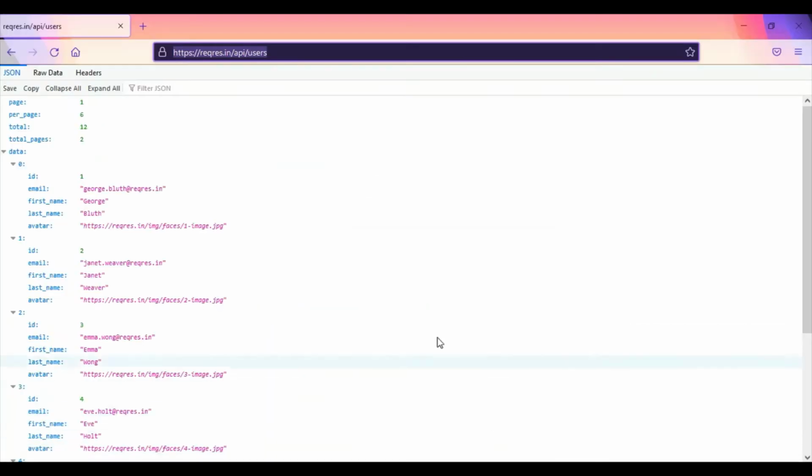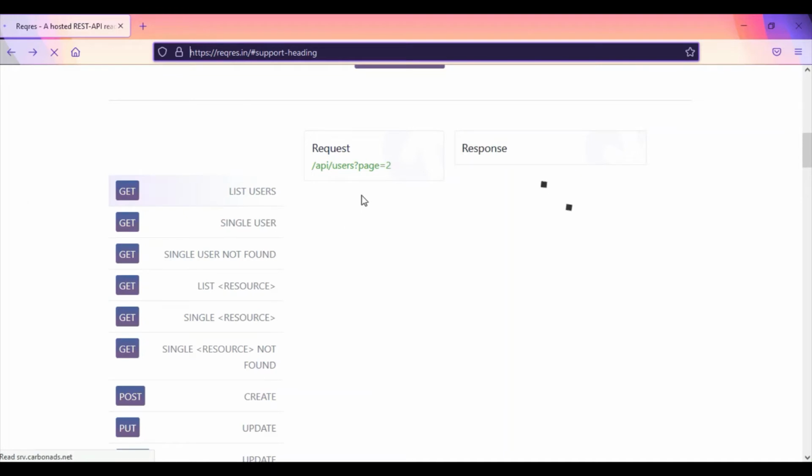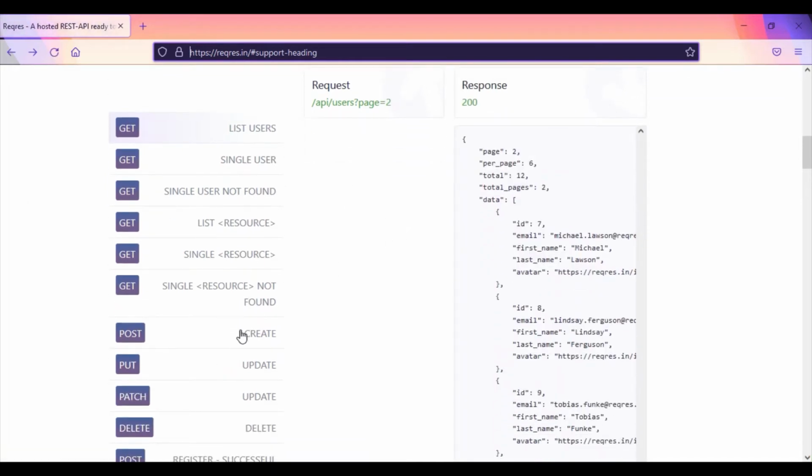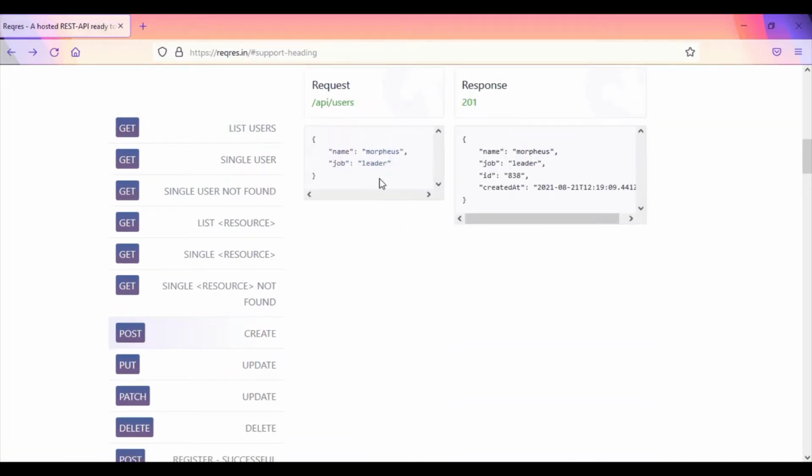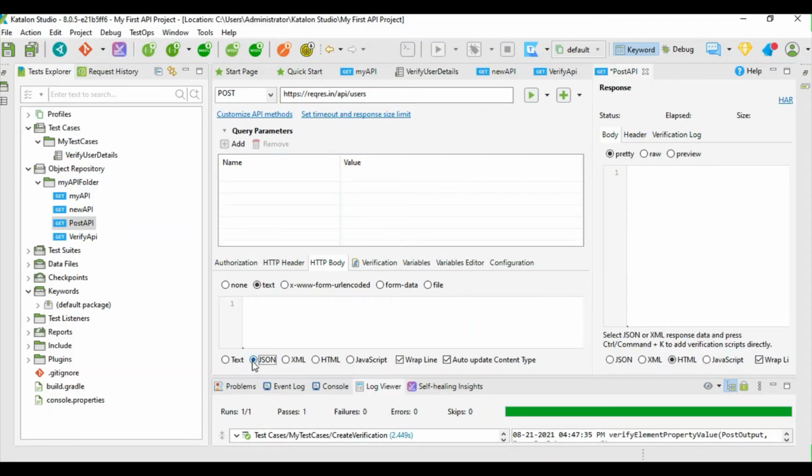If you look at the request, it is sending in this format. This is a JSON format. So you have two data values. Let us copy this, and we have to select the JSON radio button from here, and let us paste. So these are the two values. I believe we have not copied the curly braces. Let us copy this. So these are the two values which we are going to send.